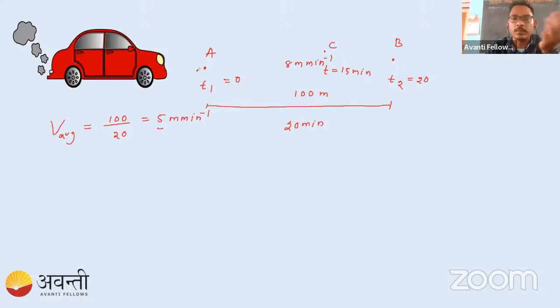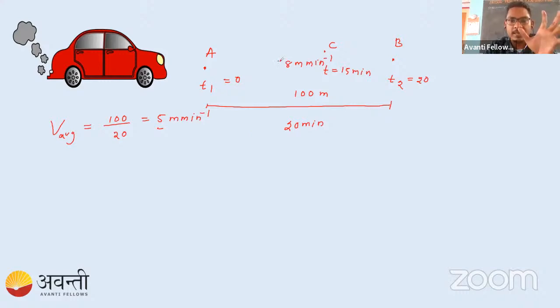Okay, so these are two terms. I hope you understood this. Average means throughout the journey, what is the speed on average. Instantaneous means at a particular time, what is the speed? Because the road is not smooth, there is variation in speed. So if we take the average, you will get some value, but at a particular time it has a different value. I hope everyone understood what is the instantaneous rate and what is the average rate.